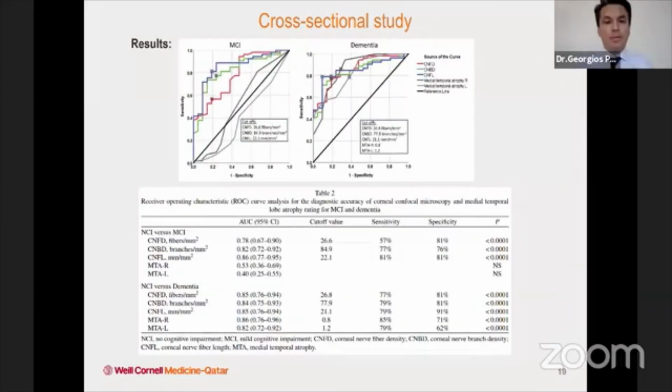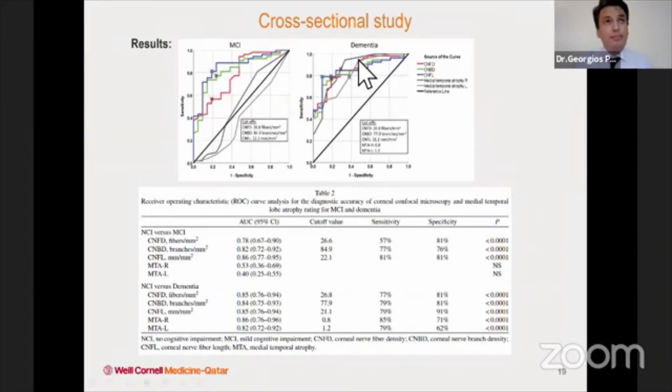And here with the ROC curve, what we want to show is the area under the curve for mild cognitive impairment. You see the red line, the green line, the blue line is for the corneal nerve measures. And you can see that there is an accuracy in distinguishing healthy controls from mild cognitive impairment. But when you use the medial temporal lobe atrophy visual rating, there's no significant way of distinguishing healthy controls from MCI. However, when you look at dementia patients only, you notice that the CCM measures were comparably accurate